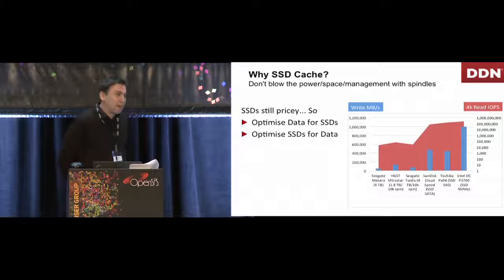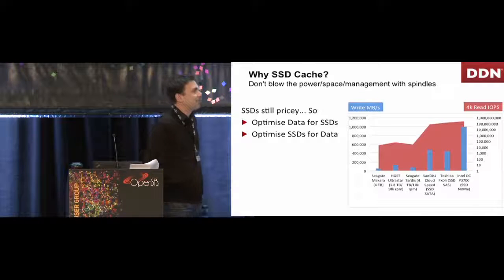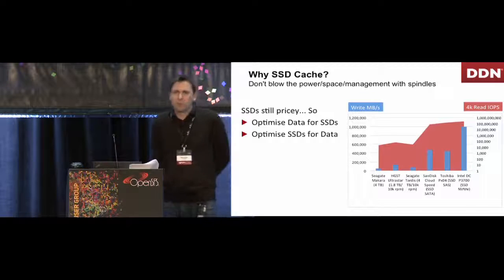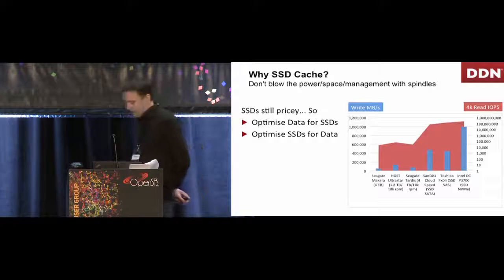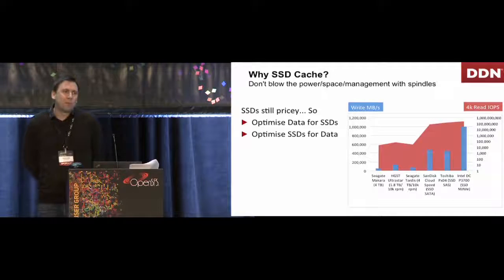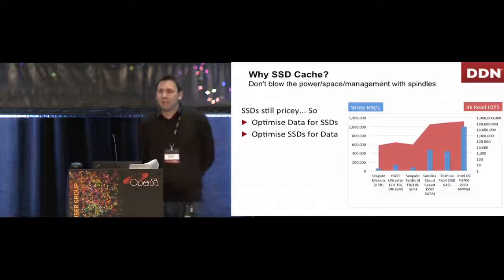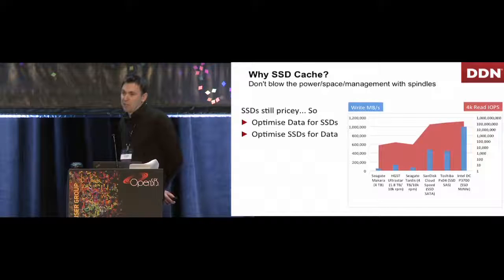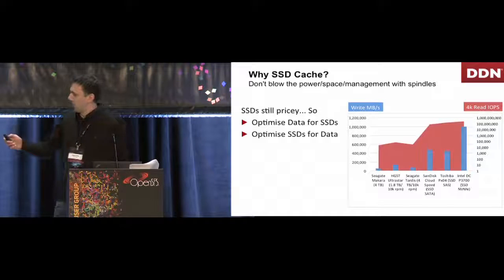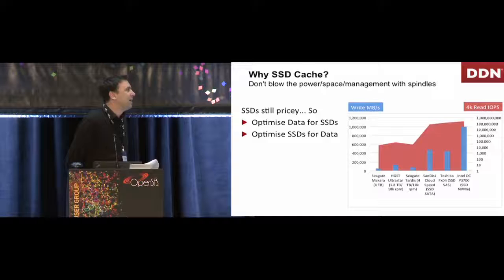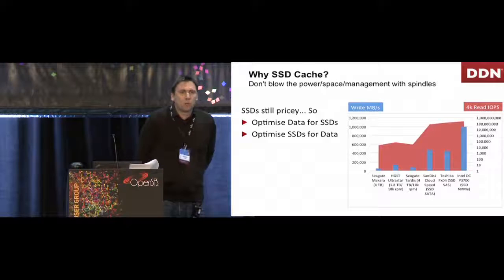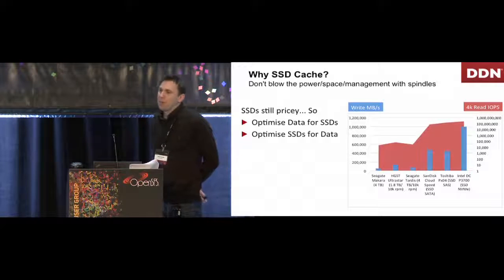But this talk is actually about how we use SSD caches within Lustre. And the problem is well known, so I won't spend a long time explaining it. But of course, if we look at the performance in terms of IOPS per gigabyte or the performance in terms of throughput per gigabyte, then SSDs win by a long way, particularly when it comes to IOPS. So in this graph, for a petabyte of data, we're seeing 7 orders of magnitude higher levels of IOPS from an SSD. But they're still pricey. We still need to watch the budgets, and so we need to get the most out of these SSDs.